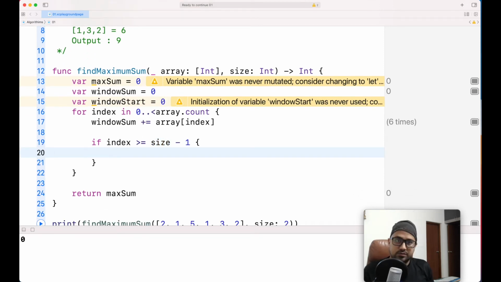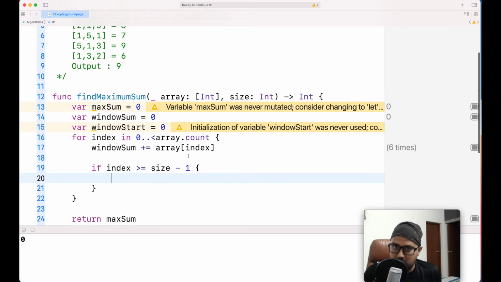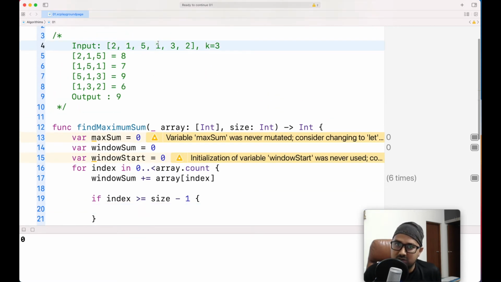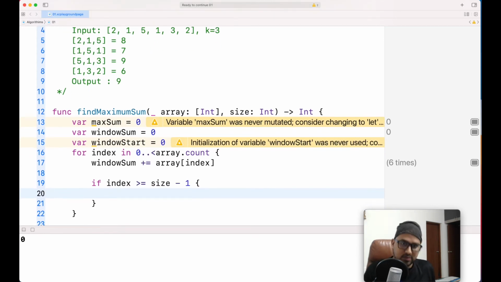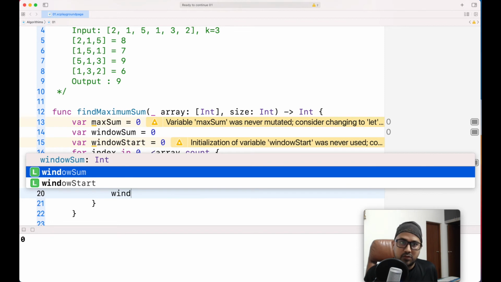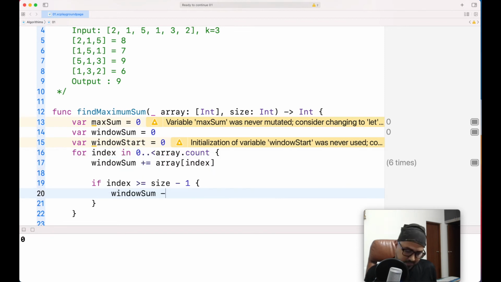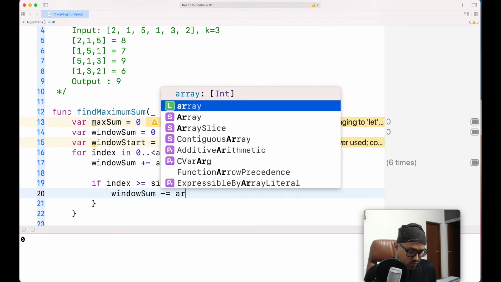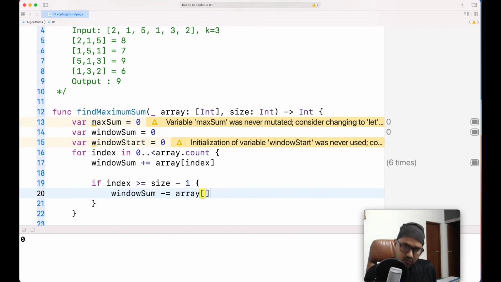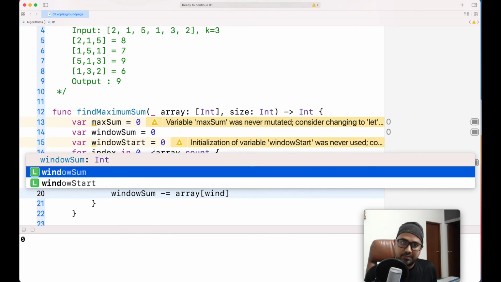When the index is plus 1, that means 1 is already added. So the window has become this, we will remove 2. If the index is here, what we will do is window sum minus equal to array of window start.